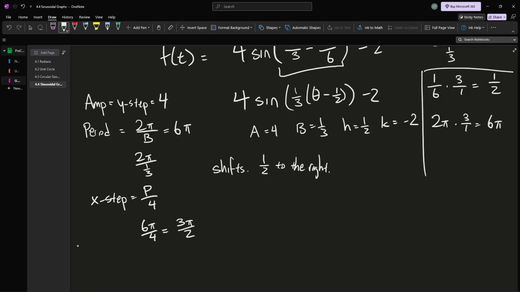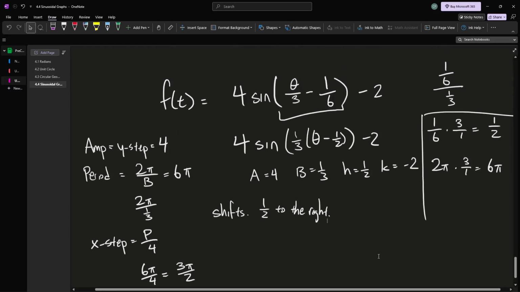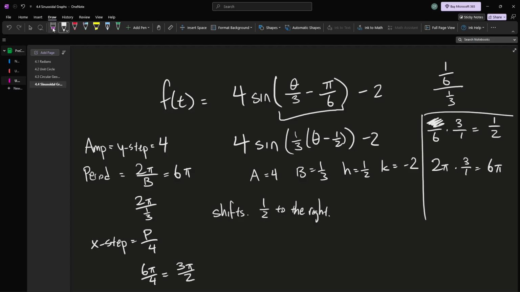which I realize now is not good. So I'm going to make an executive decision to actually change this. So instead of being 1/2 to the right, I'm going to go back, and this might anger you guys, but it will make it much easier to graph. I'm going to change to pi over 6. So instead of what we have over here, if it lets me erase it,